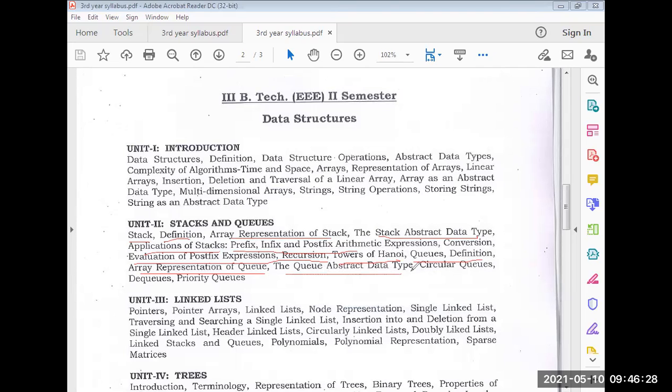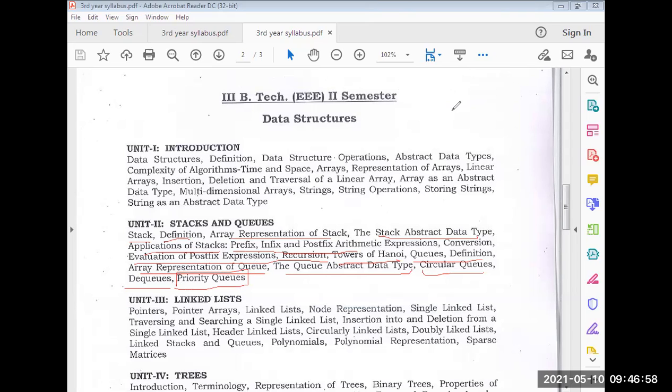Today we discussed the abstract data type of queue. Then I discussed circular queue and the DQ. Just one topic is remaining, that is priority queue. So what is priority queue? The name itself indicates priority. So it will store the data in priority order.